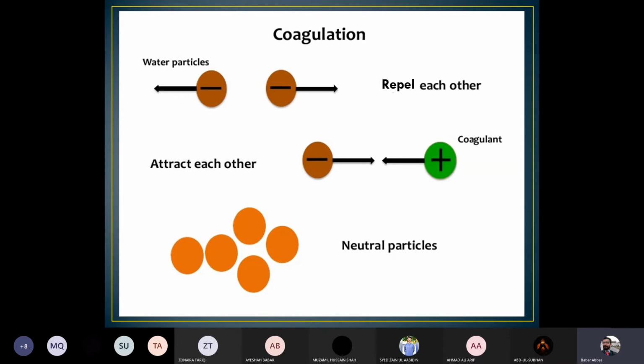And this larger particle, when joined together to make the flock, has more weight as compared to the basic unit of the negatively charged particle, and this agglomerated particle, which is called a flock, settles down under the force of gravity due to the coagulation and flocculation process. So all together, both these processes are required for the removal of physical or suspended particles,